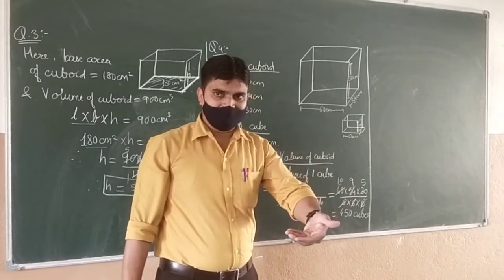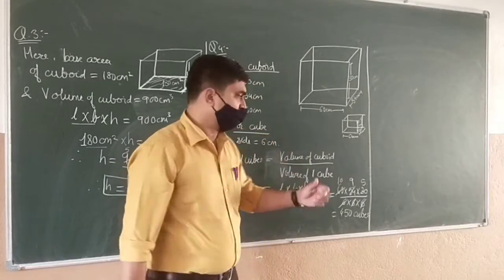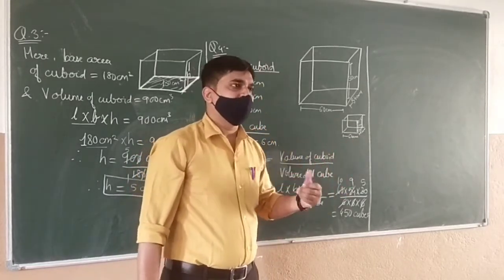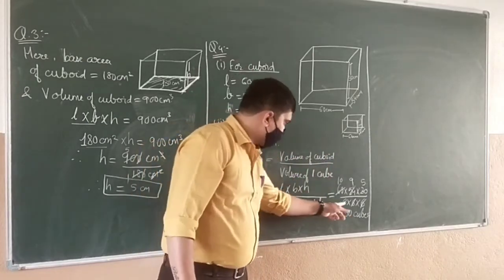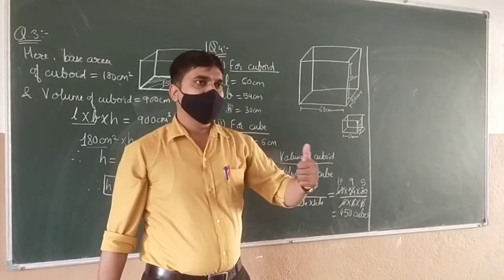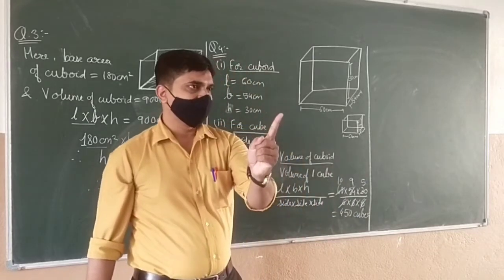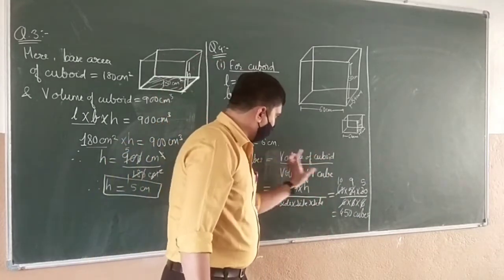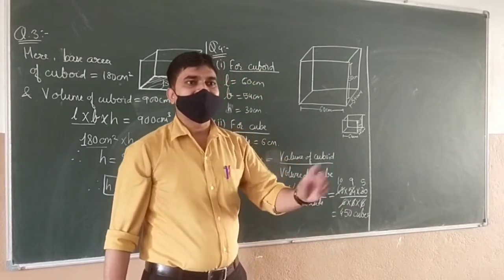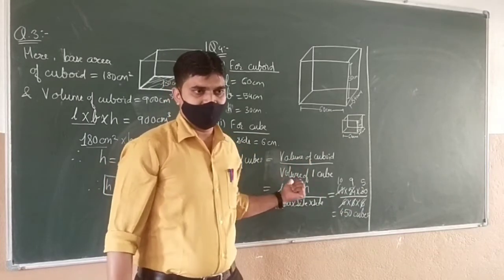You can also solve like this. First you are finding the volume of 1 cube. You are also finding the volume of cuboid. Then taking unitary method. Suppose this is 6 into 6 into 6 is 216 centimeter cube. So you will write 216 centimeter cube is equal to 1 cube. Therefore, volume of this cuboid is equal to how many cubes? And that will take longer than this one. Okay, this is the shortest method. Understood?